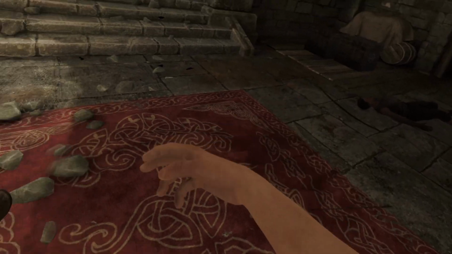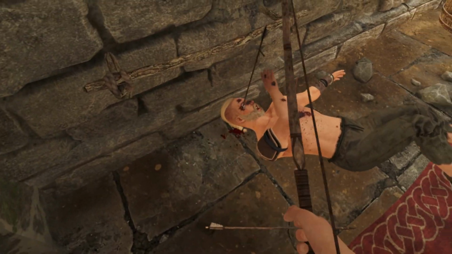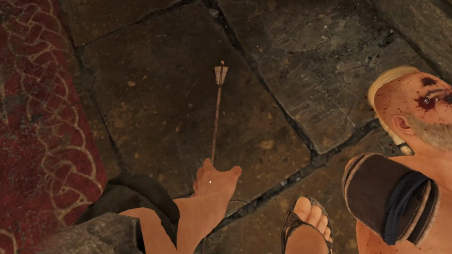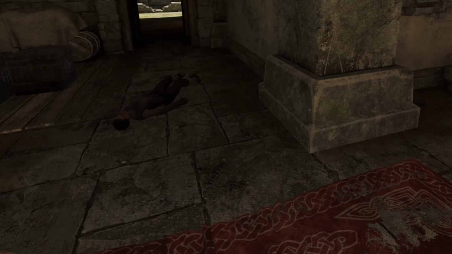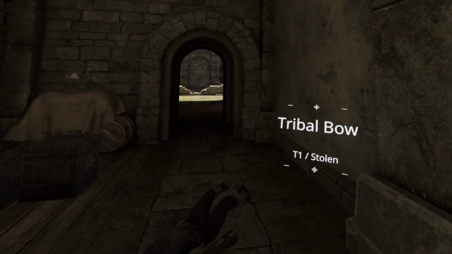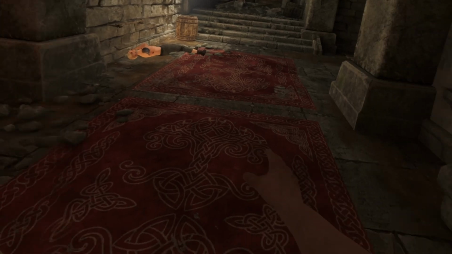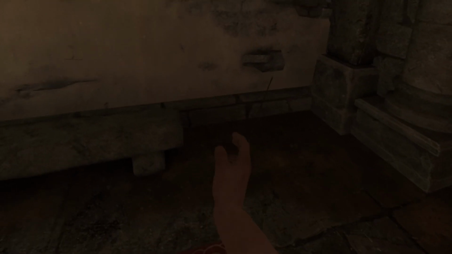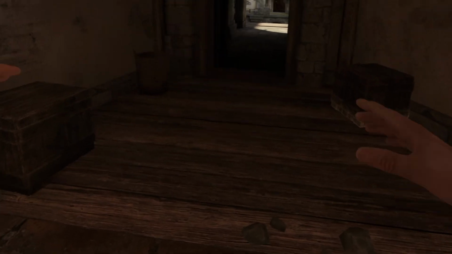I keep dropping the bow instead of putting it on my back. That's the idea. Once we get a bow of our own, we'll be able to use the lightning to stun people and the bow to actually deal damage. And eventually, when this character is done, we'll be able to do Palpatine